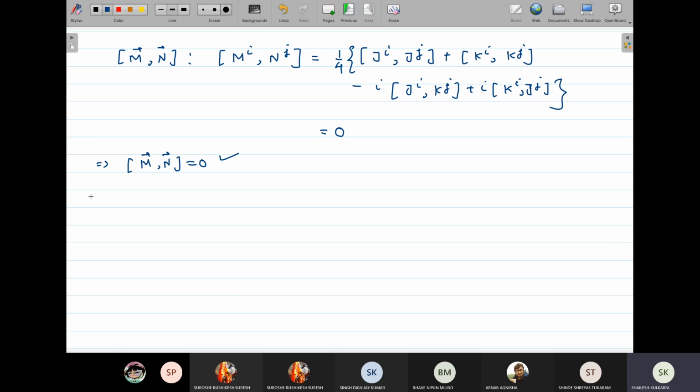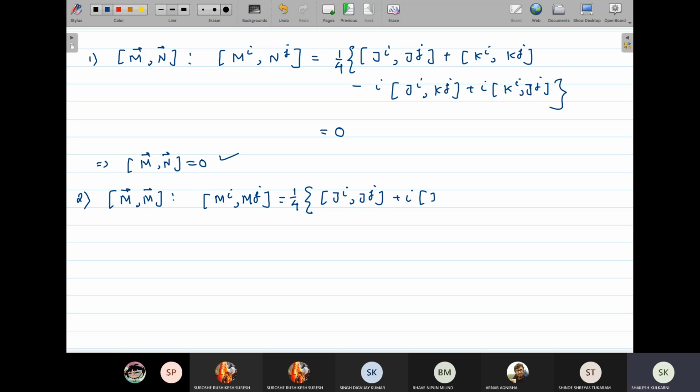Let us evaluate the commutation relation between M and M. That means I need to evaluate Mi, Mj. What will this be? Again, you can evaluate it by using the known commutation relations. So it will be Ji Jj